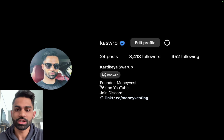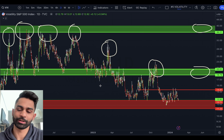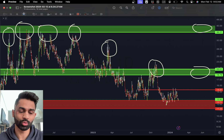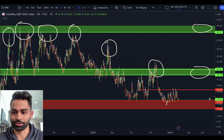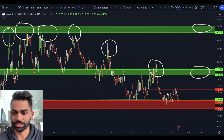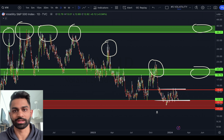So first things first, let's talk a little bit about volatility. And VIX continues to be incredibly muted and low. So we are looking at the VIX at under 13 right now, so 12.92, and it's just been consolidating sideways here in that range for the VIX as well. So this right here is just a lot of consolidation here for the VIX. Resistance is going to stay put at 14.95, and the support is going to stay put at 12.92, closer to